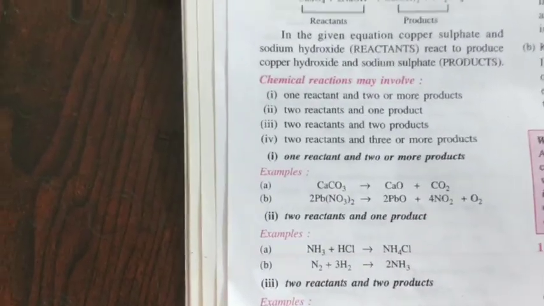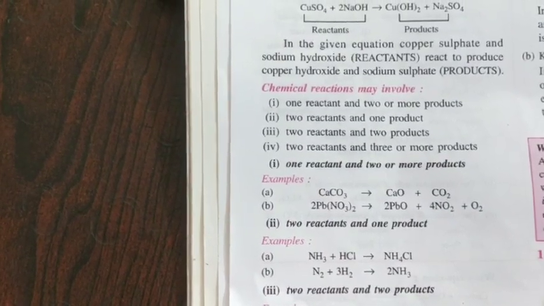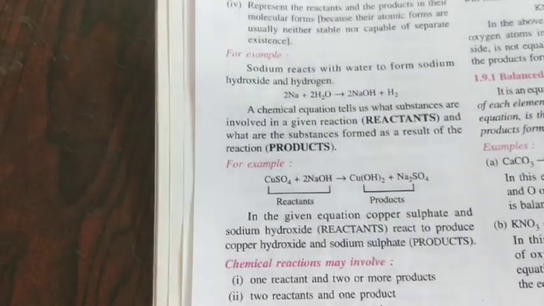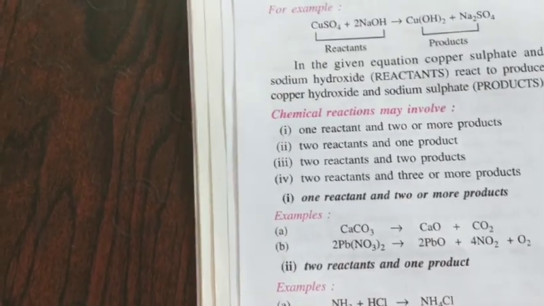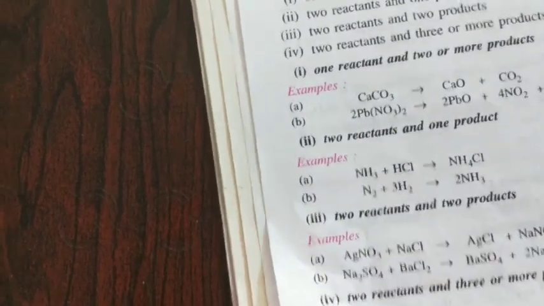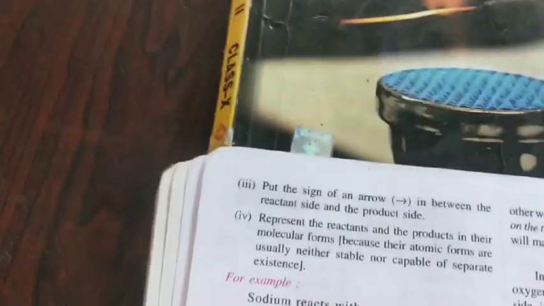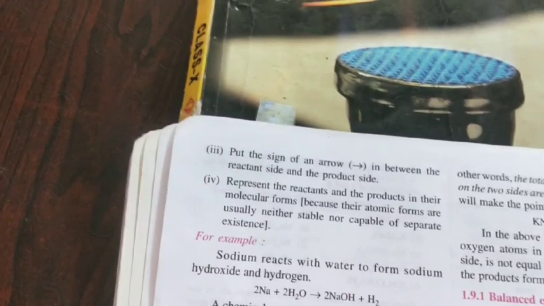We know that every reaction must be balanced, maintaining the law of conservation of matter. First of all, I am going to explain what a Skeleton equation is. It is an equation that represents a chemical change but is unbalanced. In other words, the total number of atoms of each element on the two sides are not equal. That is, reactant and product side are not equal. The following example will make the point clear.